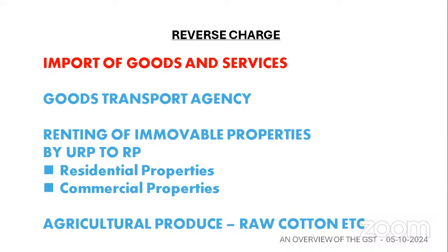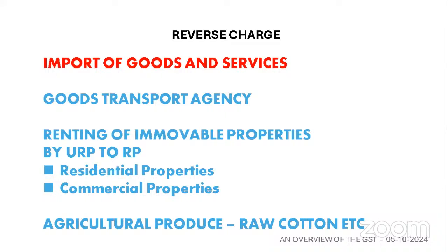Therefore, the government will resort to the method of taxing the recipient of the goods and services, that is the buyer of the goods and services. The moment the goods and services are imported from outside India, the government will collect GST, which should have been paid by the seller, which could not be collected by the government. Now the same tax will be recovered from the buyer as if he is the seller of the goods and services. Therefore, the moment goods are imported into India, the goods have to be cleared for home consumption by paying the GST at applicable rates under the reverse charge mechanism.